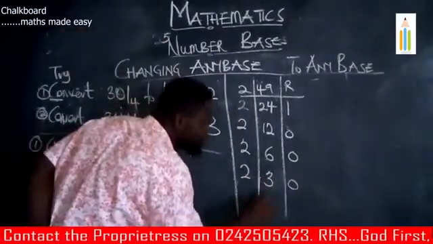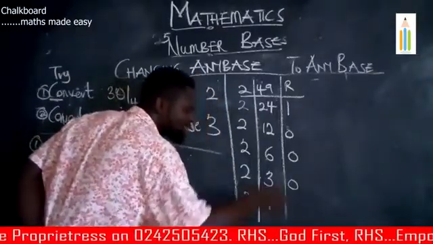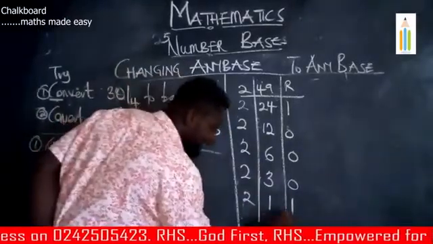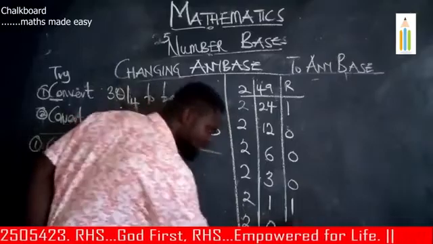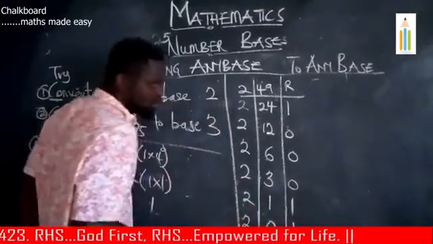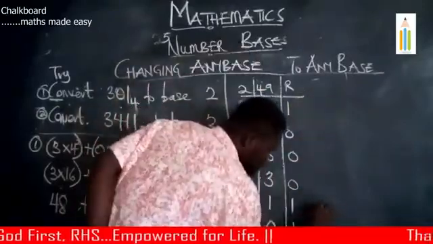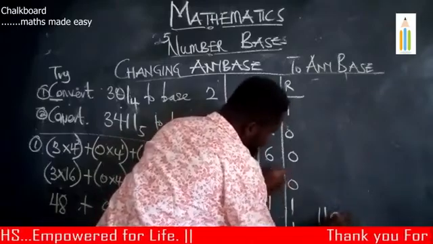Now 2 times what gives you 3 or closer to 3? So 2 times 1 gives us 2. Plus what gives you 3? That is 1. That will come in. Now last but not least, 2 times 0 gives us 0. Plus 1 also gives us 1. So our answer for this one is going to be 1 1, writing from down here, 1 1 0 0